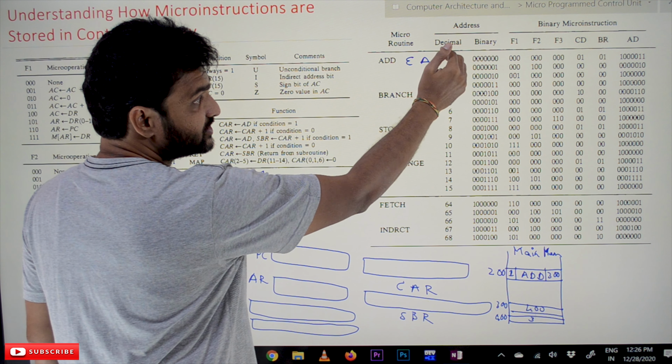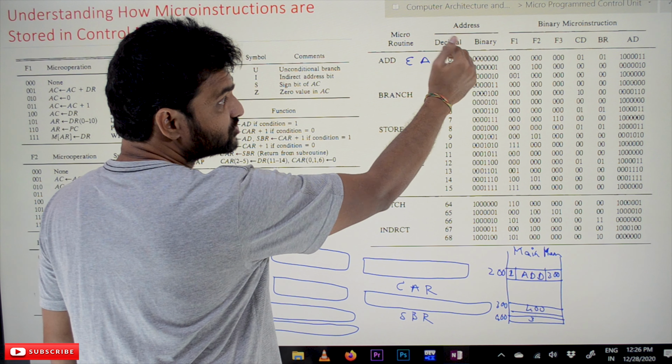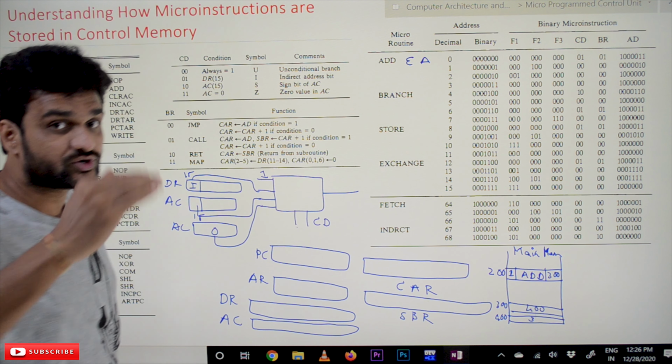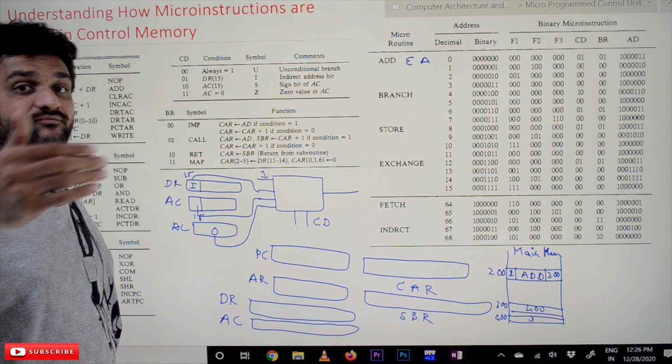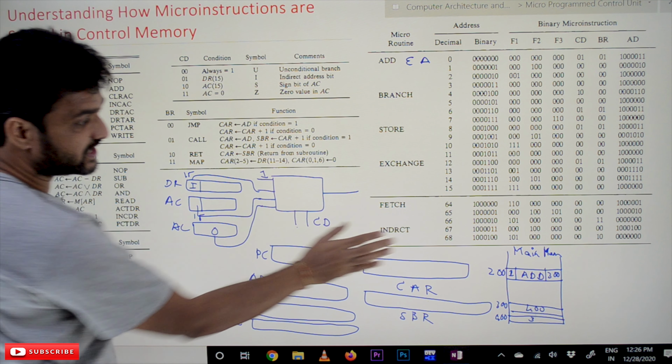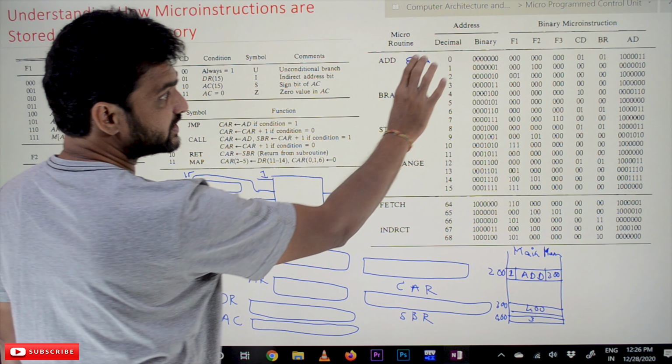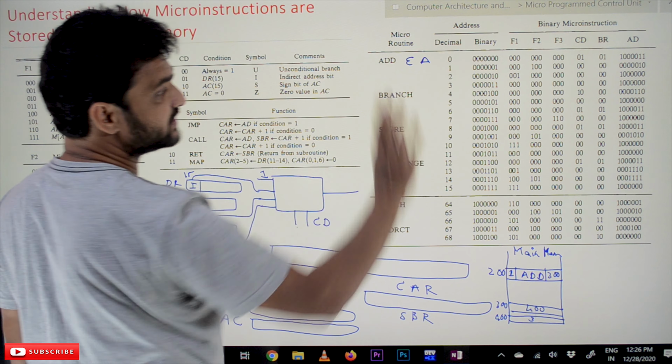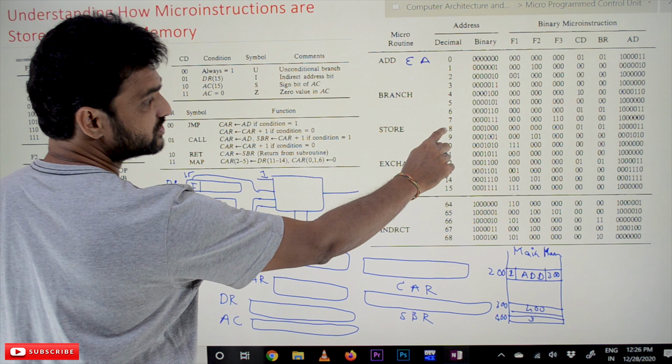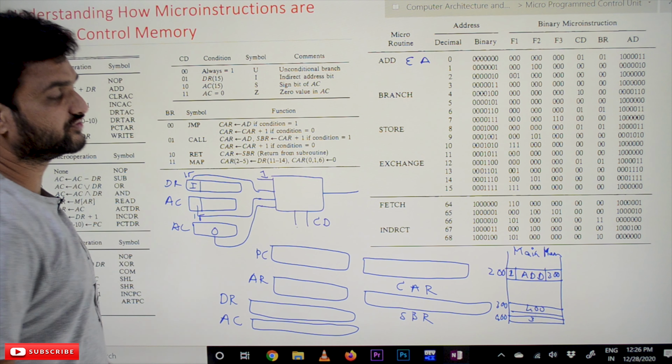If the micro instructions of the micro program are more than the 4 address values, they will get stored in the other part of the memory. So for every instruction a minimum of 4 will get provided, and for this also 4, for this also 4, and for this also 4.